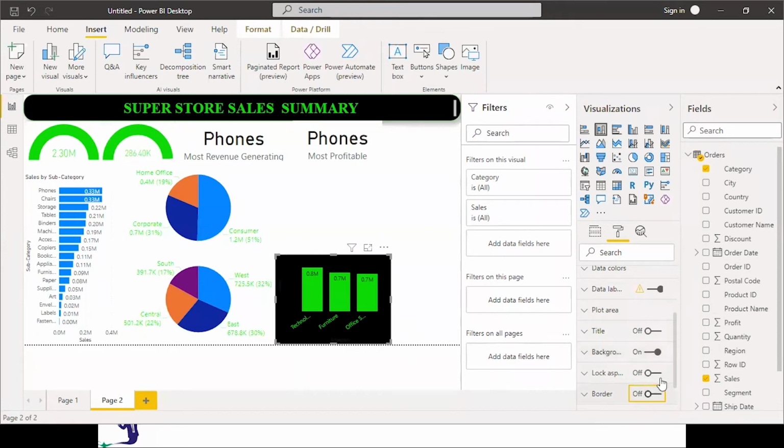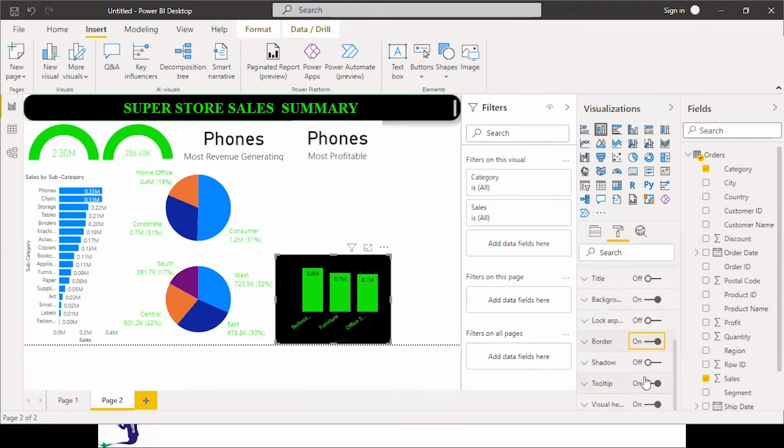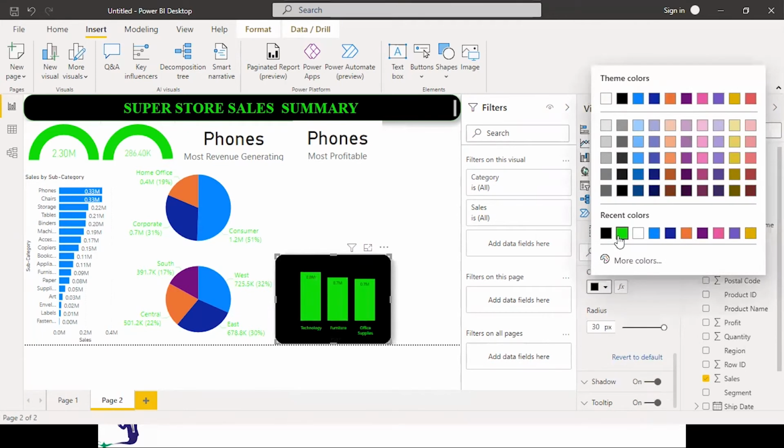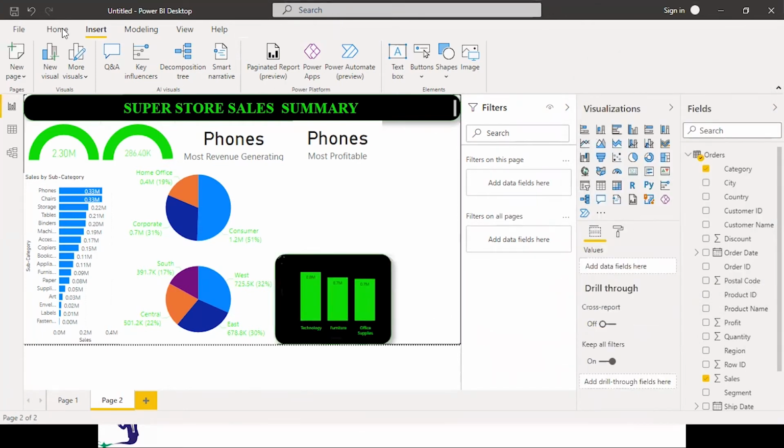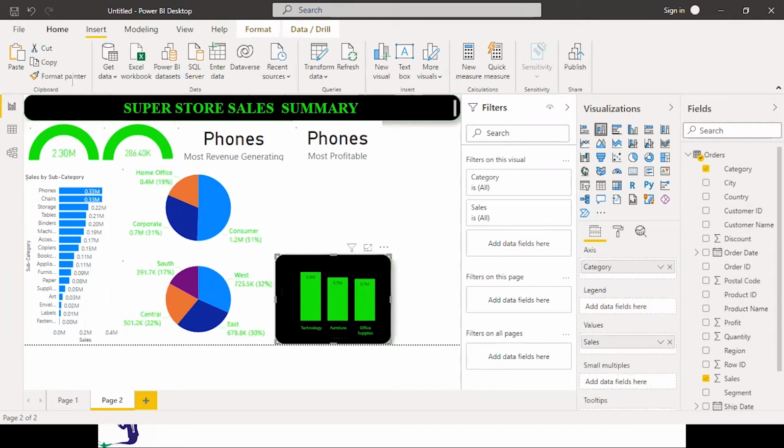And I want to do the same formatting on the other visual as well. So I can select this, format painter, put it over here.